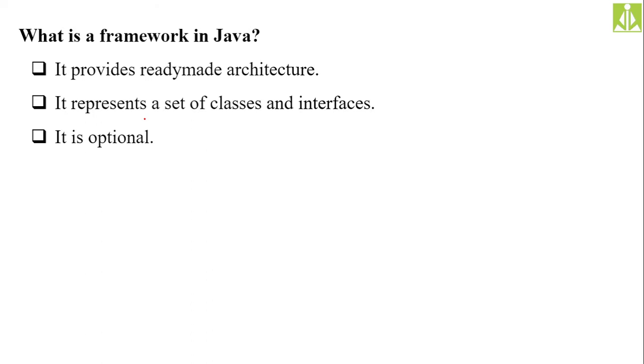So that's the reason whenever we say a framework, you remember, you assume it like a ready-made architecture. Your framework will provide you with ready-made architecture, so that the code will become implementation free. If you want to use a stack in your Java program, no need to do the complete implementation of a stack. Directly you can do it with the help of the framework which is already there. Framework is nothing but a class, a suitable class for stack, a suitable class for linked list, a suitable class for array list likewise.